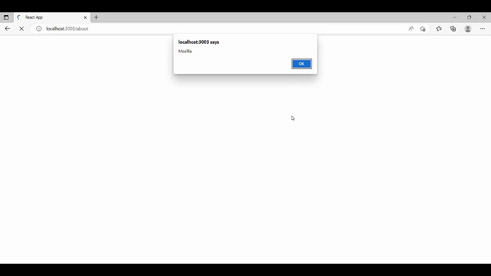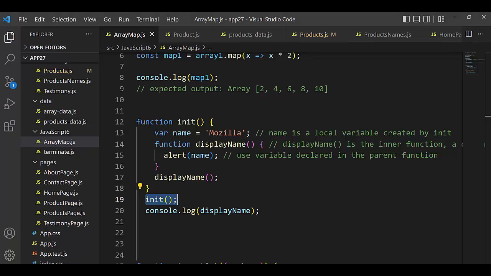It processes that function, and the result, the return of that function, is this alert. Even though we are on page about, there is no connection with this page, array map, and